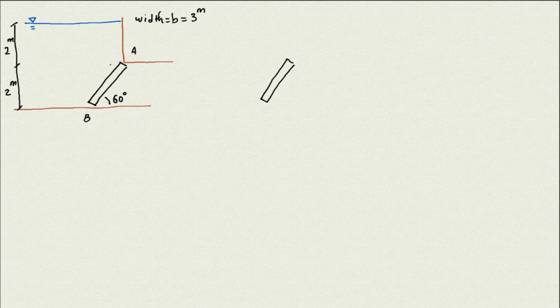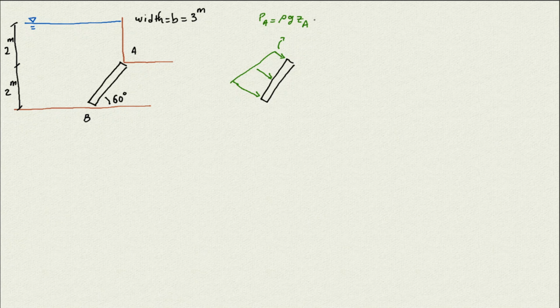So it's what we see here in 2D, and in the third dimension it's 3 meters toward the screen. So here we draw the AB, and I'm going to put the pressure first. I'll calculate the pressure and put it on. We know that the pressure is always normal to the surface, so the pressure here is going to be something like that. If I say the pressure at point A is going to be rho g Z at point A,